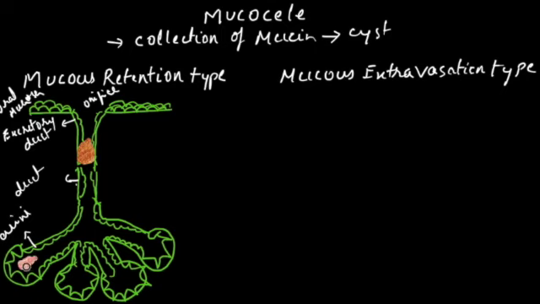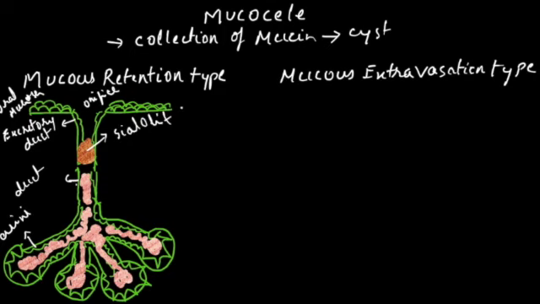Here now you can see that the acini are producing the saliva. This color indicates saliva, the mucin, and this mucin keeps flowing through the ductal system to be excreted into the oral cavity. And here is the mucin. I'll just show that. Here is a stone in between which is blocking the ductal system, which is basically the sialolith. Okay, let's discuss the causes later, but now we have the sialolith which is blocking the ductal system.